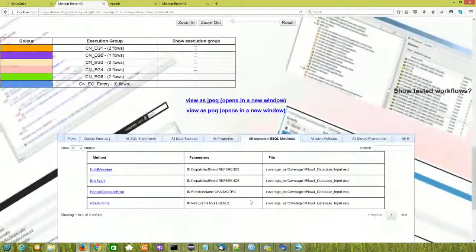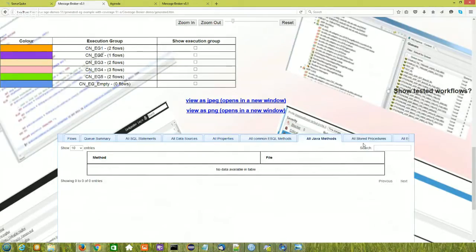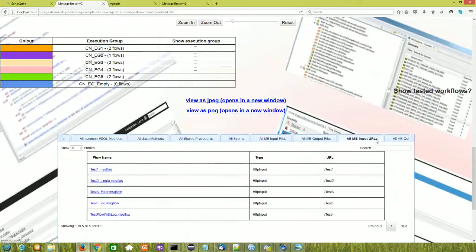It looks like these are all from a database flow. But the intention is that if you throw it a more realistic version of the code, you'll end up with a library of common functions. All Java methods, so all the places that we call out to Java from SQL, all the stored procedures we call out to, events that are used for monitoring, all the files that are read, all the files that are written,